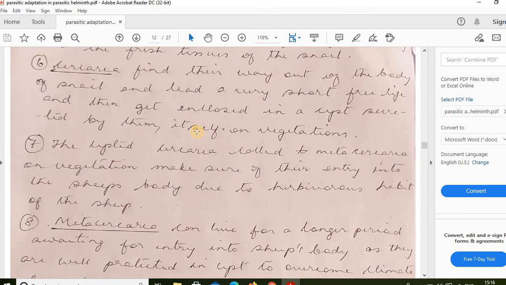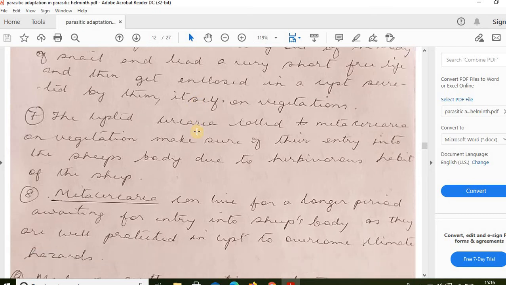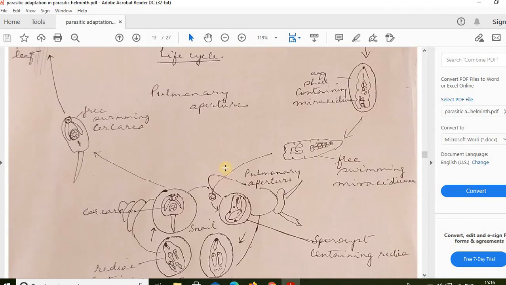Protect itself. So next, the cercaria find a way out of the body of the snail and lead a very short free living, and then enclose in a cyst secreted onto vegetation. The encysted cercaria, called metacercaria, on vegetation make sure of their entry into the sheep's body due to the herbivorous habit of the sheep. Okay, so here you will see